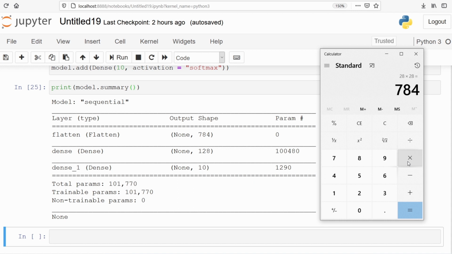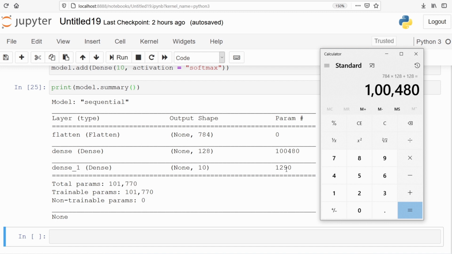Let's do this. 784 into 128, and we also have to add 128, plus 128. This is how the parameter value comes.